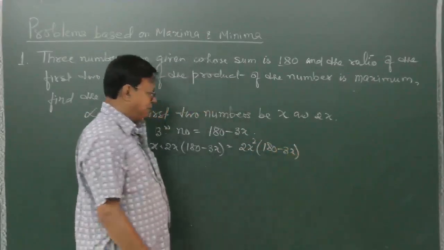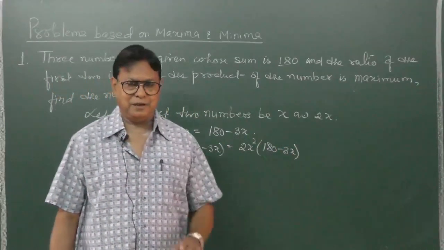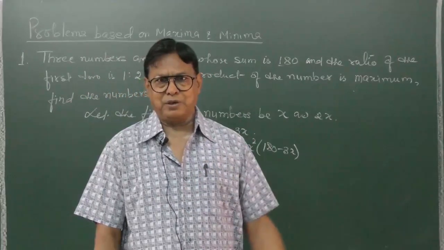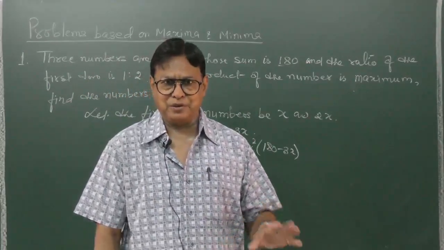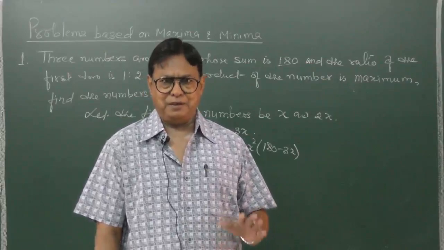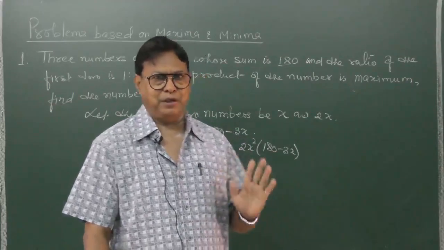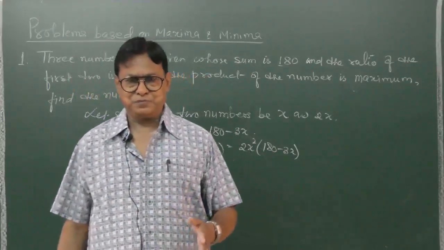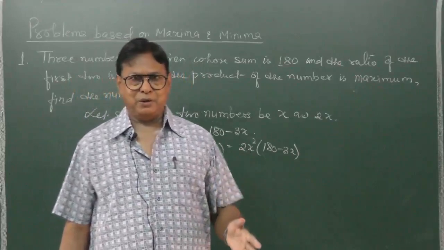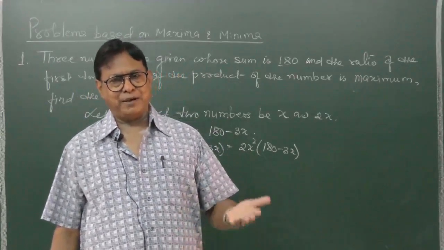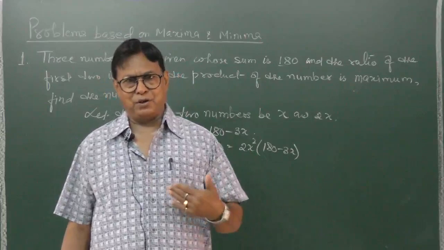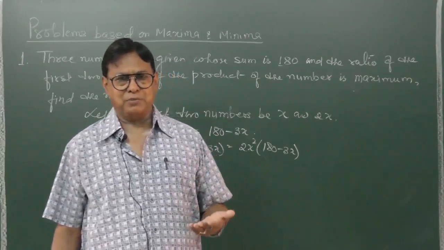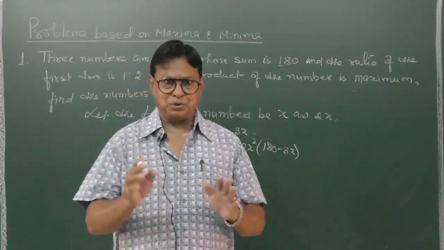Now when we find the maximum or minimum value of any relation given, here the product has to be maximum, it comes to the same thing what we did the previous day. The working rule remains the same. So what we do, we find a necessary condition, that is here p is a function of x. So the first derivative dp by dx will be 0. Okay, then we get an equation, we solve it, then we find d2p by dx2, we put the value of x. If that is negative, p is maximum. If that is positive, p is minimum. So it comes to the same thing.